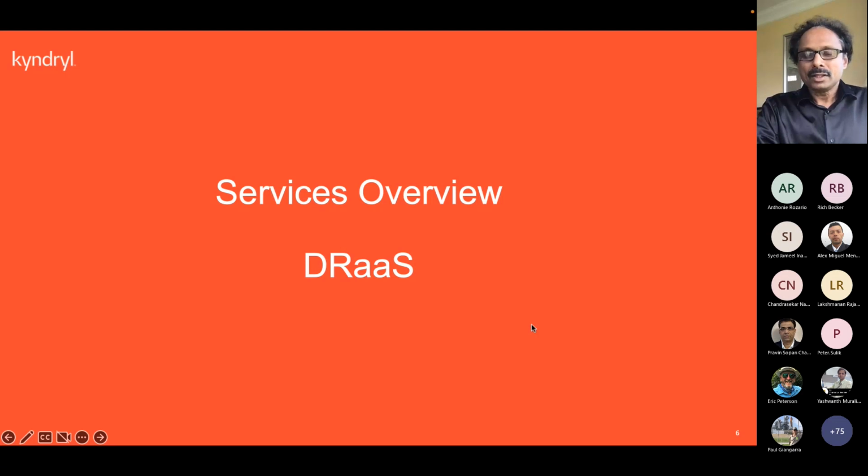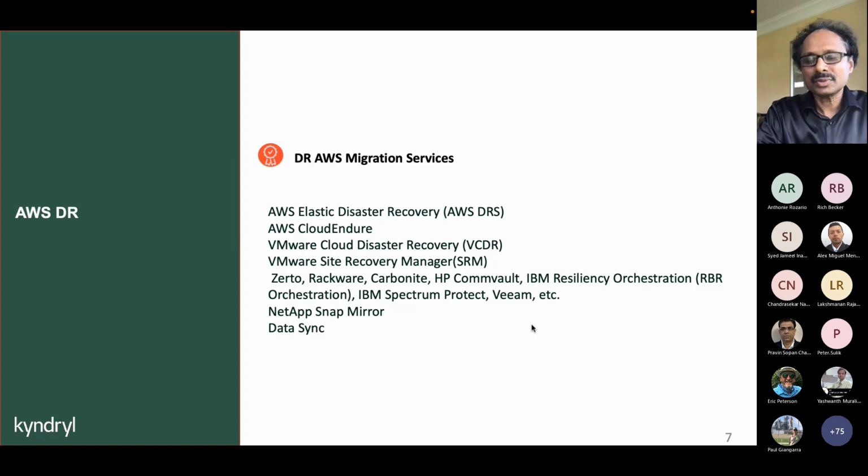Yeah. So the next couple of other things that I wanted to cover is what the services for migration are. One of the services is DR. A lot of customers are interested in setting up DR in AWS for the on-prem workload. So I just listed all the services that are available within AWS to help you take a decision on which one we can utilize. I will cover some of the services in detail right now.